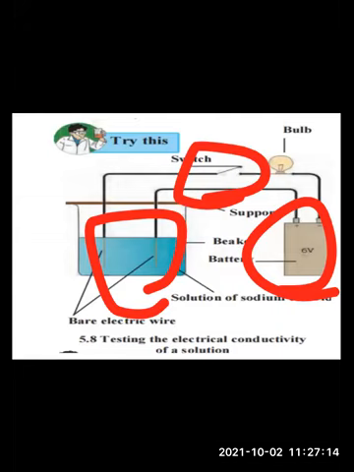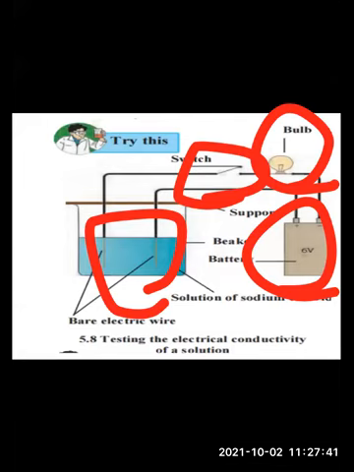With an electric bulb. You can see the electric bulb over here. So all these things should be there for testing the electrical conductivity of the solution. How to test the electrical conductivity? What is electrical conductivity? We are going to check whether the electric current is passing through the solution or not. Now remove the insulating cladding from a 3 centimeter portion of the other free ends of the 2 wires.